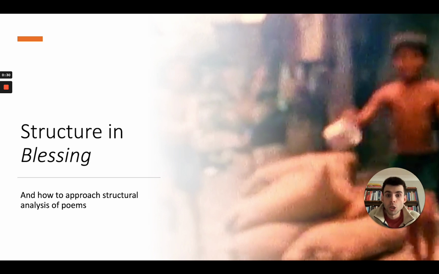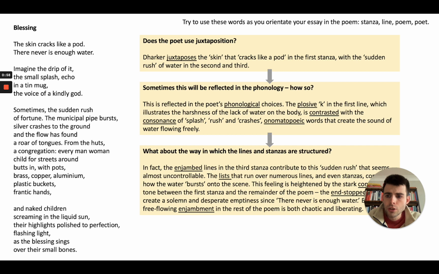So we don't want to just be identifying poetic devices and going, right, well done me, I've spotted that there's some enjambment there, or a caesura. What you need to be thinking about is exactly what effects those are having. And that can be trickier sometimes with structural techniques. So we're going to have a look at a few examples, but particularly focusing our attention on the poem Blessing by Imtiaz Dharker. Okay, so here's the poem on the left, and I'm not going to read through that.